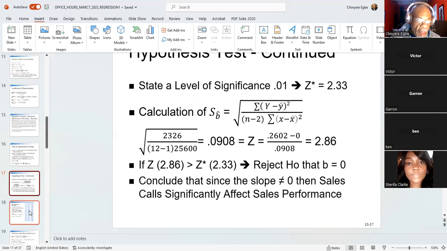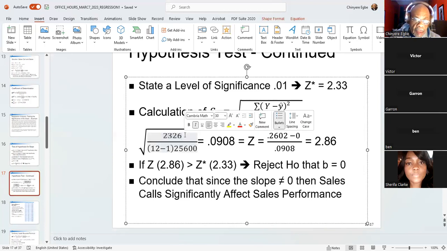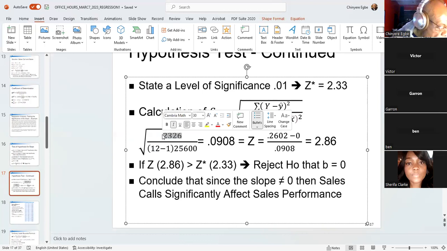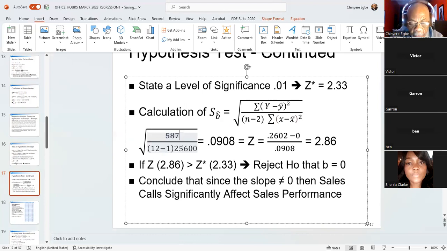This is for the other problem, so I'm going to plug this in. So let's look at 587.1101 divided by,